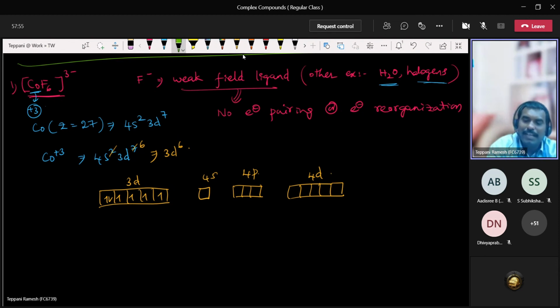How many ligands? 6. 6 ligands. Each ligand can donate how many? One pair. So how many pairs? Now overall 6 pairs. Do you have 6 vacant orbitals here? Only 4, sir. Yes. So they should undergo suitable